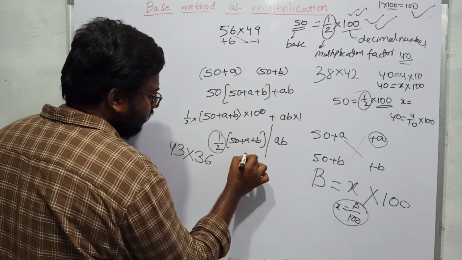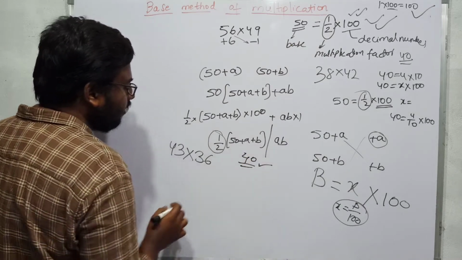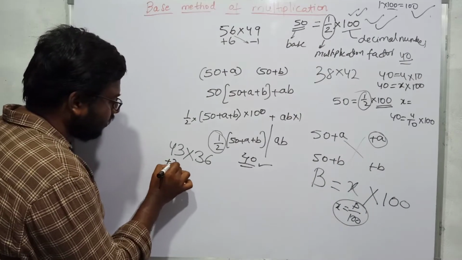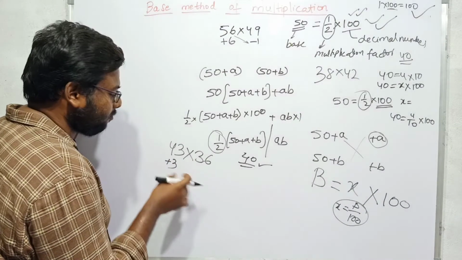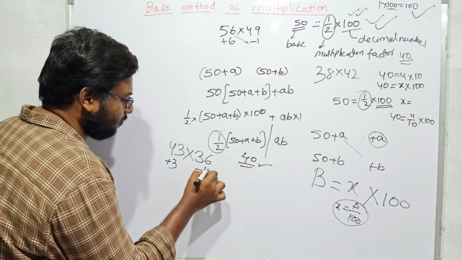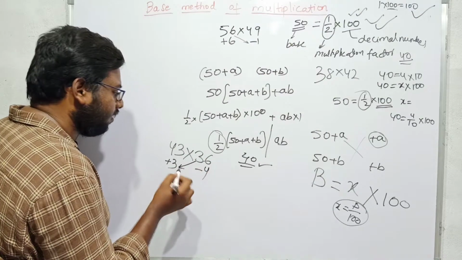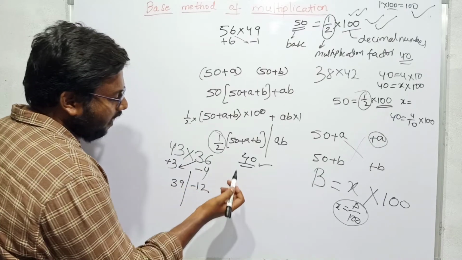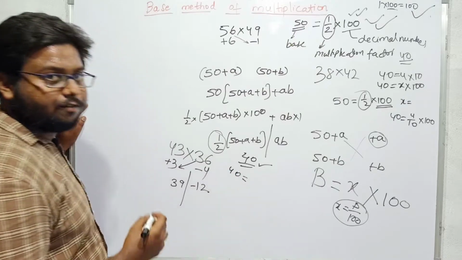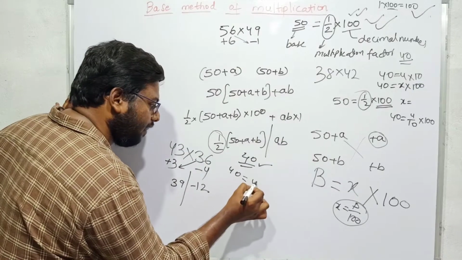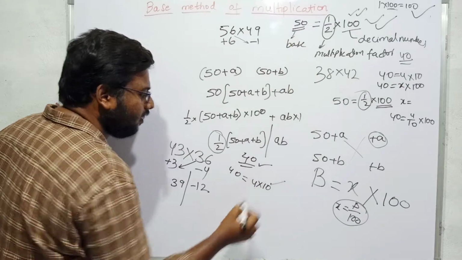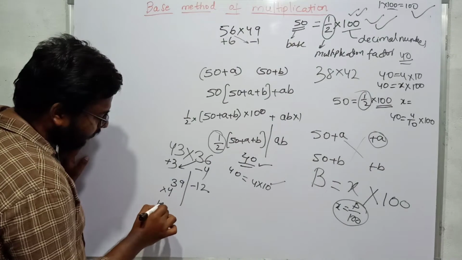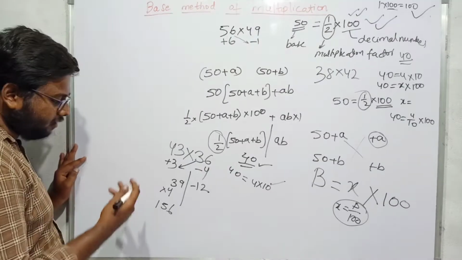Let us calculate this on base 40. If I have to calculate this on base 40, then 43 is plus 3 distance from 40, and 36 is minus 4 distance. If I operate on the small number, I will get 39/3 into 4, minus 12. Now I have to decide on which decimal number I have to calculate. If I am calculating on decimal number 10, that means I have to multiply this number with 4. So if I multiply this with 4, I will get 156, because 160 minus 4 is 156.